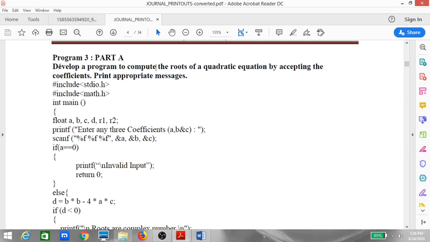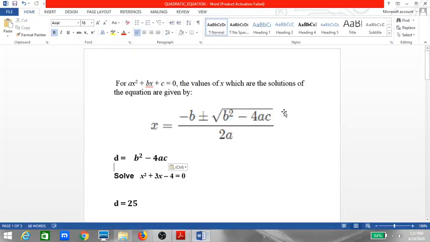Before finding a solution to this problem statement, I need to have a good understanding of what a quadratic equation is, what the roots of a quadratic equation are, and what the coefficients of the quadratic equation are. So I'll just tell you in brief what a quadratic equation is. We'll look at one example and then come back to the program. Any equation of the form ax square plus bx plus c equal to 0 is a quadratic equation, where a, b and c are known as the coefficients of the quadratic equation and the value of x is known as the roots of the quadratic equation, or the solution of the equation.